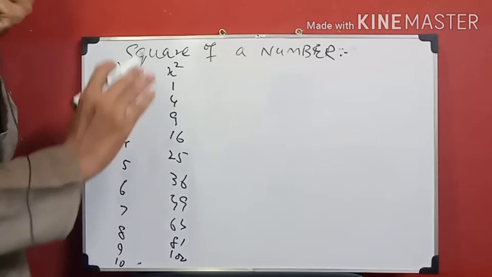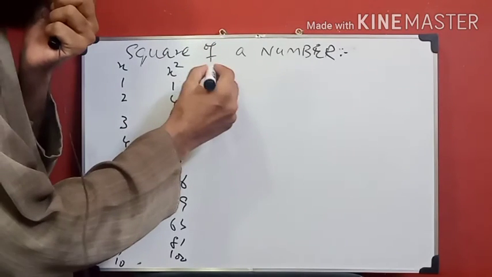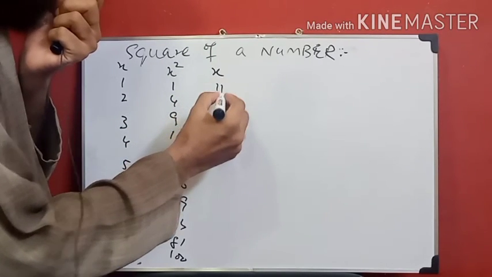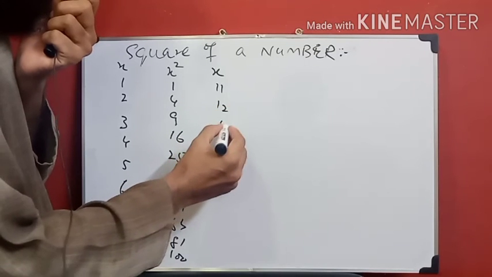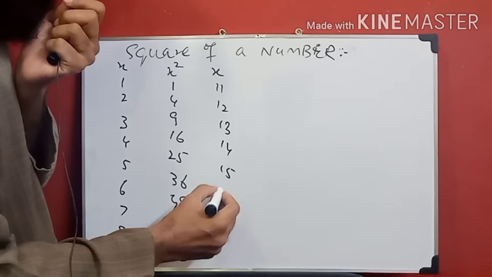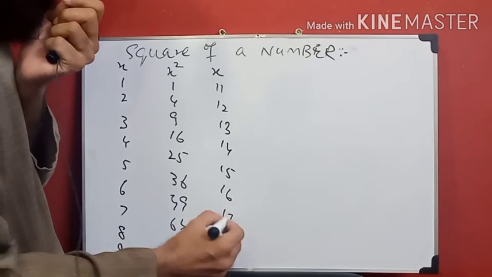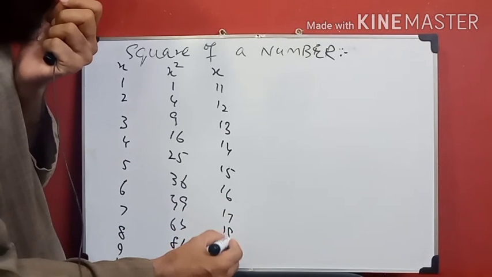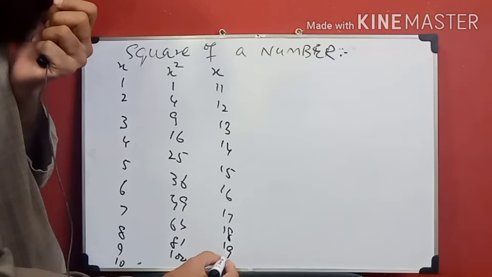But when we come to the double-digit numbers, that is 11, 12, 13, 14, 15, 16, 17, 18, 19